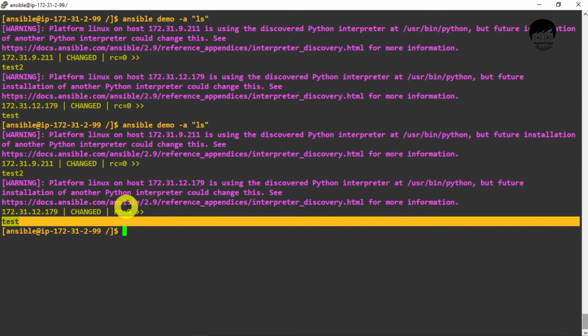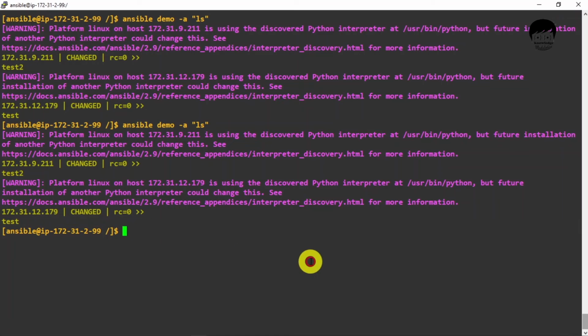It will just overwrite it, and will not show you that the file is already present or any error message. So these are some drawbacks of ad hoc commands. And if you want to do some sudo-specific installation, we'll check that also. What we can do is install the httpd server.